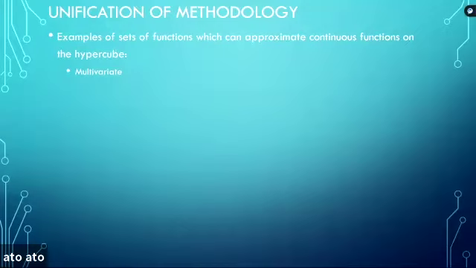Probably one of the first theorems relating to that is the Weierstrass approximation theorem that was proven in the 1800s. That was on the unit interval, approximating continuous functions on the unit interval using polynomials. But you can also do it on the hypercube. So multivariate indicator functions, that is to say things that turn on and off, can approximate any continuous function to any degree of accuracy on the hypercube. How does that relate to the earlier slide? Indicator functions, when you look at sums of products of them, a sum of a product of indicator functions is a tree.